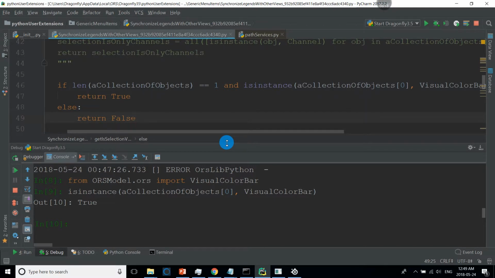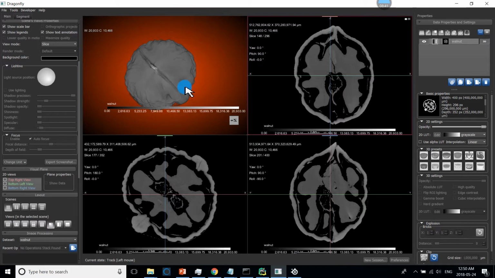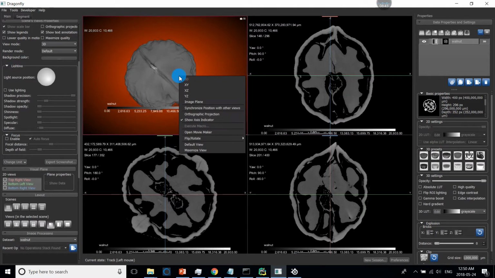Okay, so now if I go back to Dragonfly and I right click, it still shows, and that's because